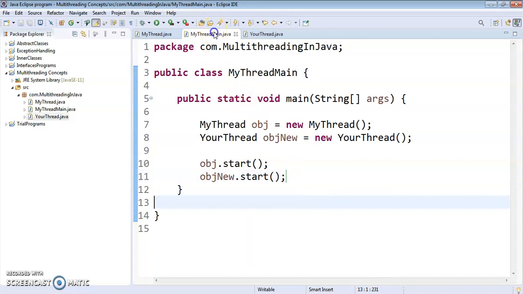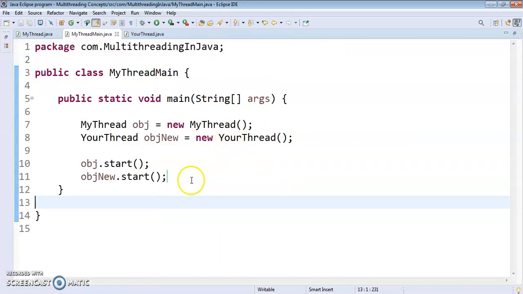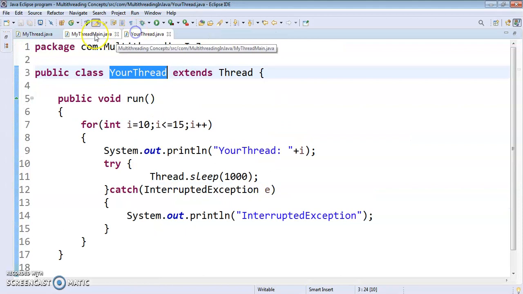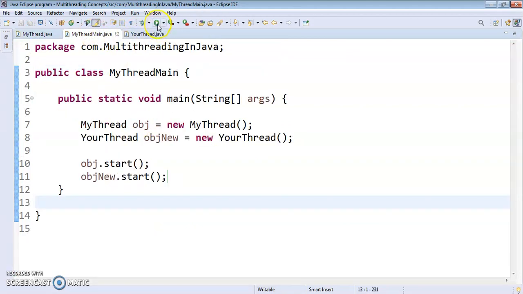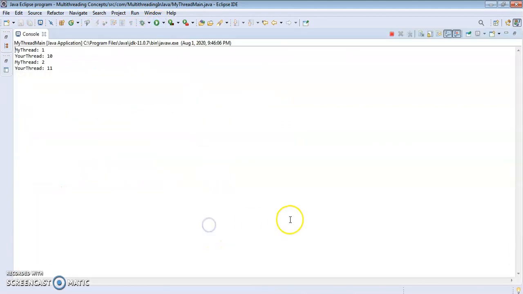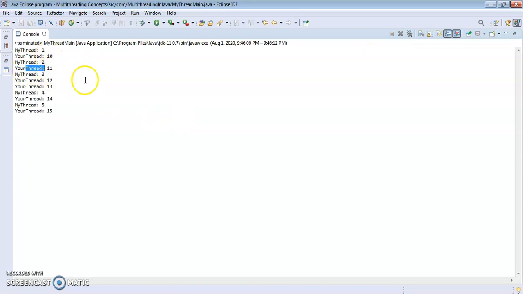Now see what would happen if I run this program. Probably you might have guessed, but still we will execute and watch the output. Now observe carefully. MyThread 1, YourThread 10, MyThread 2, YourThread 11. That means both the classes, both the threads are executing simultaneously.